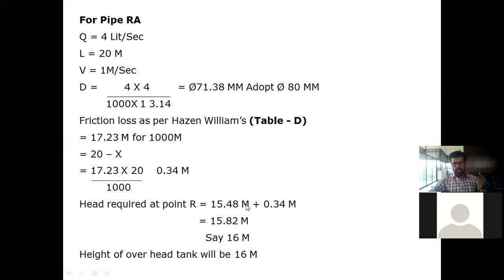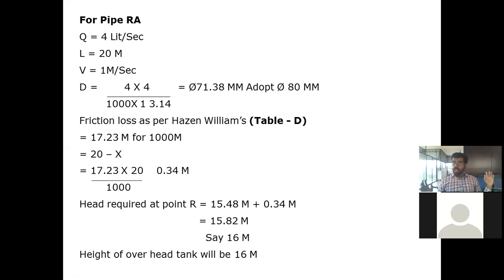0.34 plus the friction, or we can add, getting 15.48 plus 0.34 is 15.82. So approximately 16 meter is the overhead tank height. So the overhead tank should be 16 meter in height in order to get 2 meter at the end of